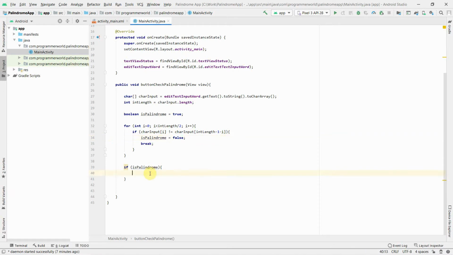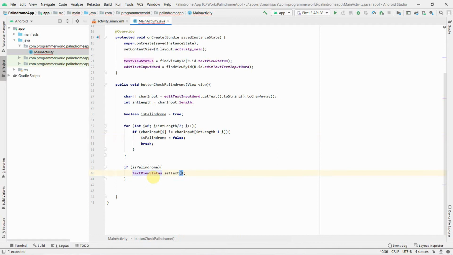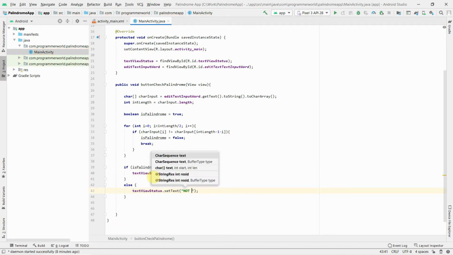So if it's true, then we should set the text, and we can just say palindrome. Again, you can type anything here. And if it's not a palindrome, else, we should type the respective status here, so we can say not palindrome.